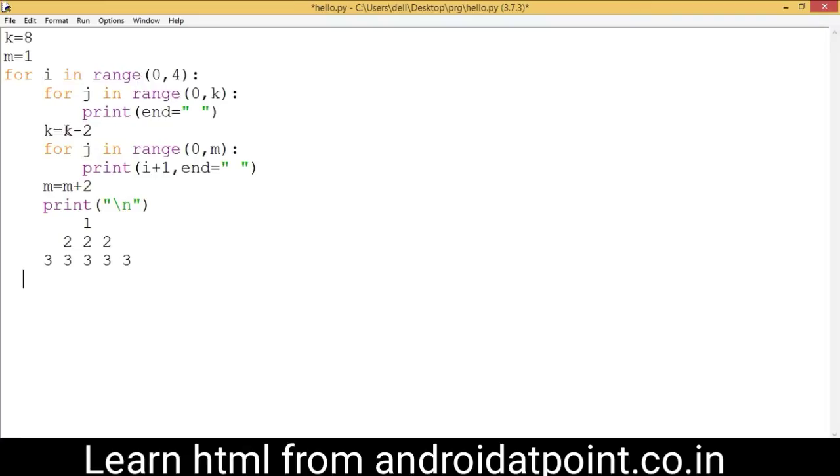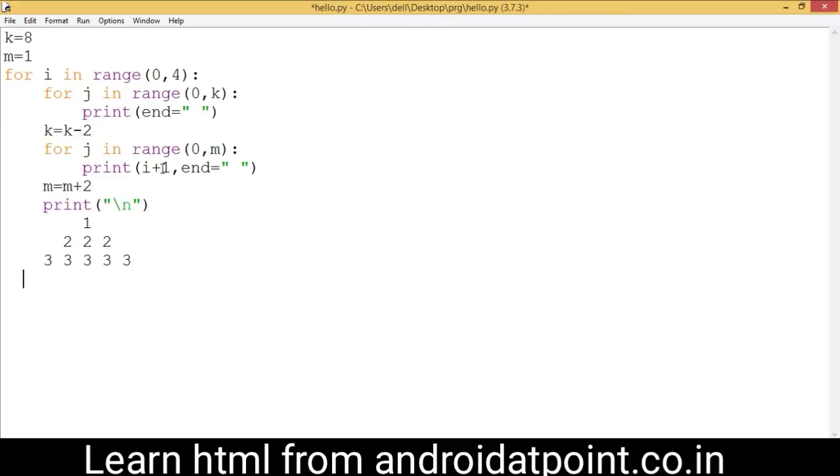Now this loop is terminated. Control comes here and simply subtracts the 2 value from the k variable. So 2 minus 2, 0 is assigned into the k variable. Right now the value of k is 0. Control comes here and initializes the lower limit as 0 and the upper limit as m, and the value of m is 7. So this loop will be executed 7 times here, and this time the value of I is 3.